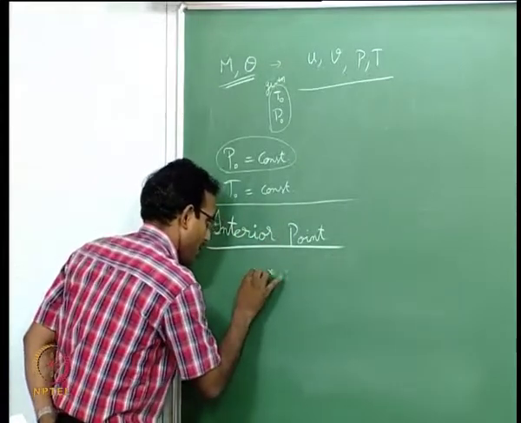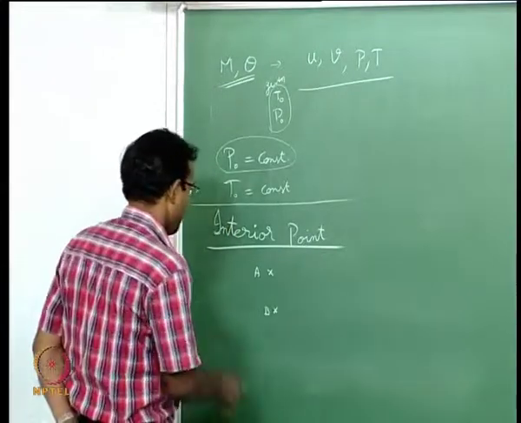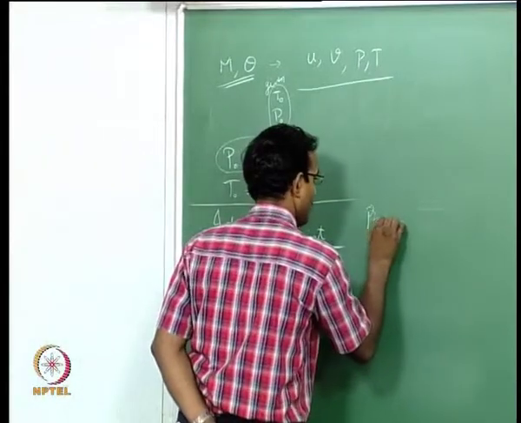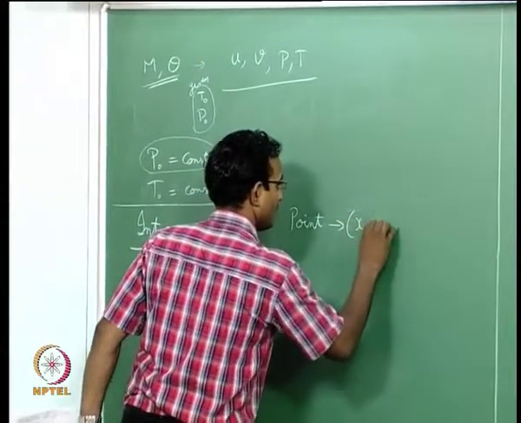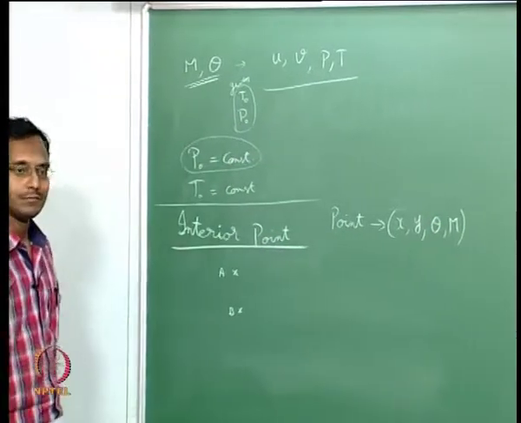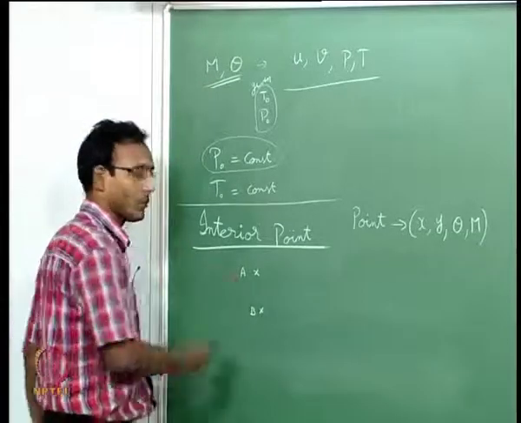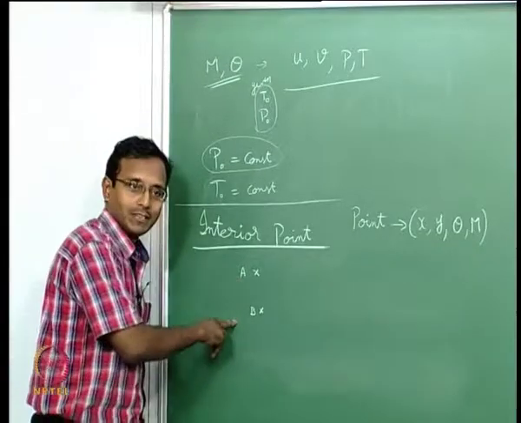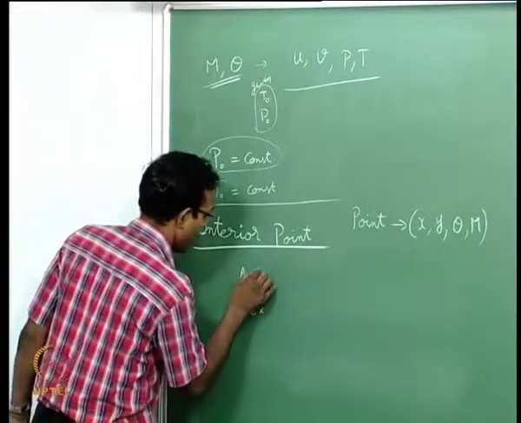I am given point A and point B. When I say I know points A and B, a point actually means I know the x location, the y location, the theta at that location, and the m at that location. I know those 4 properties. If I say I know a point, then only do I fully know the point. Now, given A and B, I know x, y, theta and m at each of these points. Now I want to find